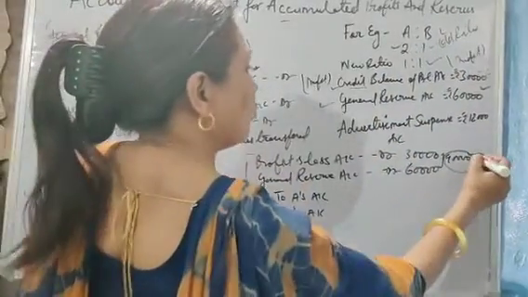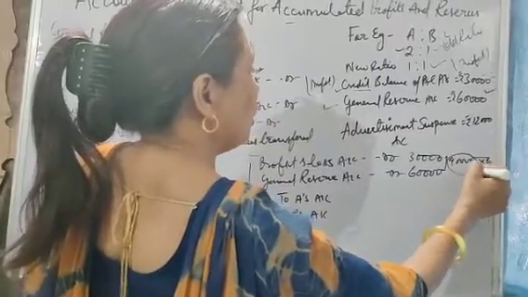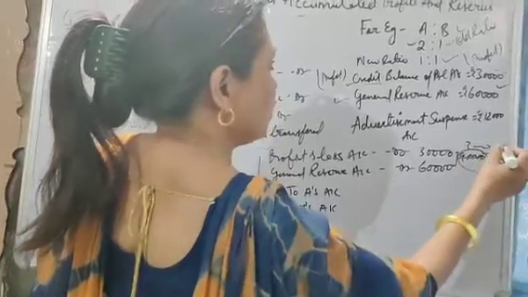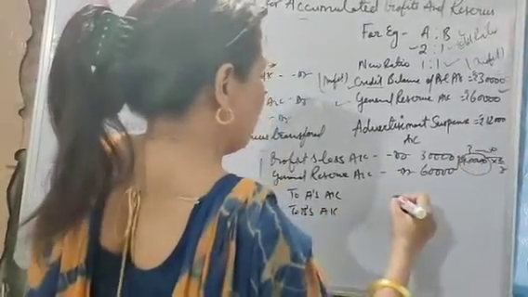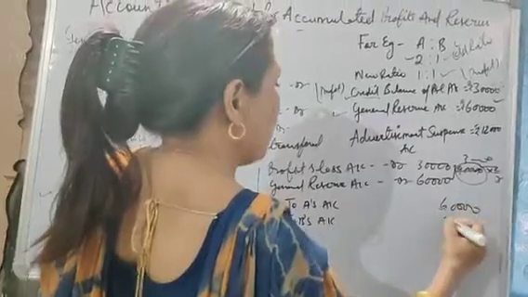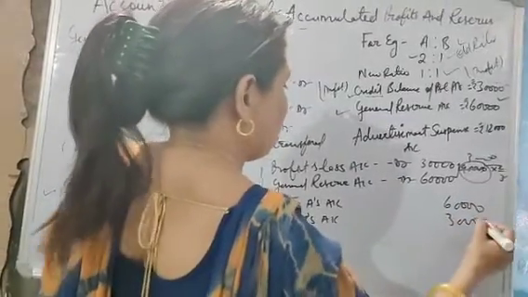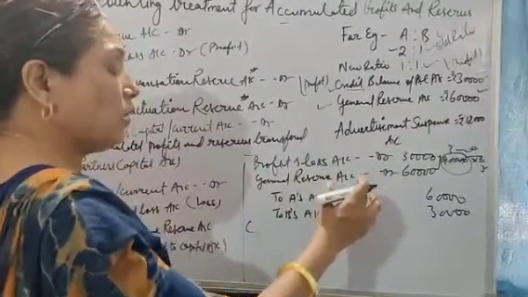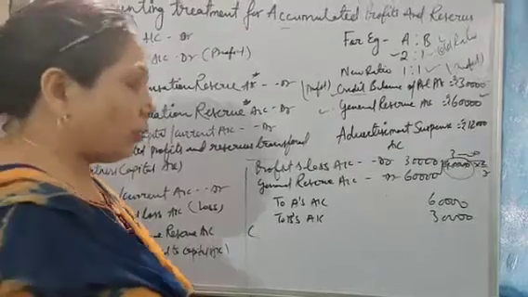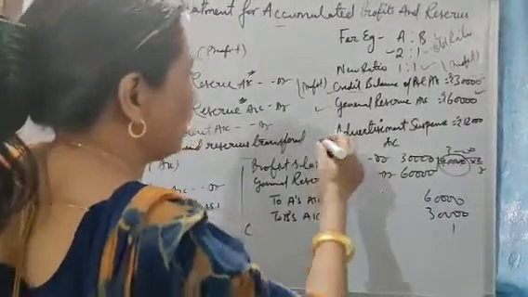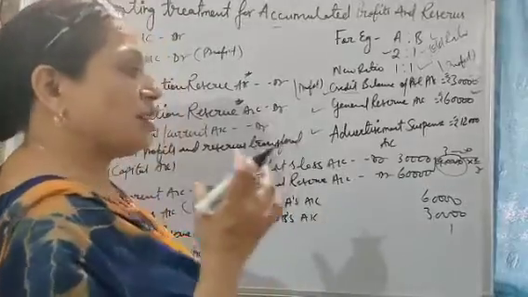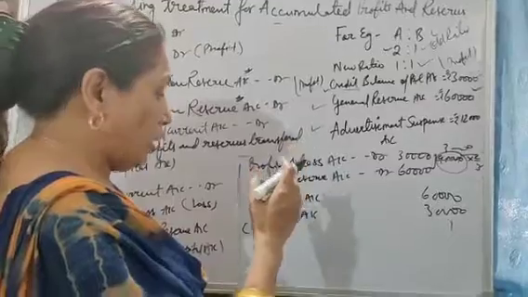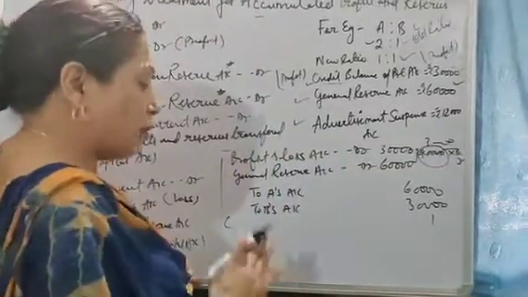So 90,000 we have to transfer 2/3, it becomes 3, so it will come 60,000 for A's and 30,000 for B's. Okay, being profit and loss and general reserve transfer to capital account of A and B. Okay, now come to this next part, that is advertisement suspense account. Because it is loss, it is given in the asset side of the balance sheet, and you have to prepare entry for this, and in that case you have to debit the partners capital.